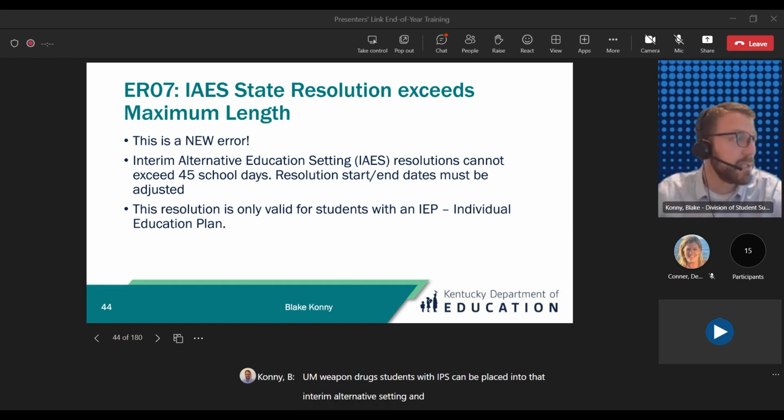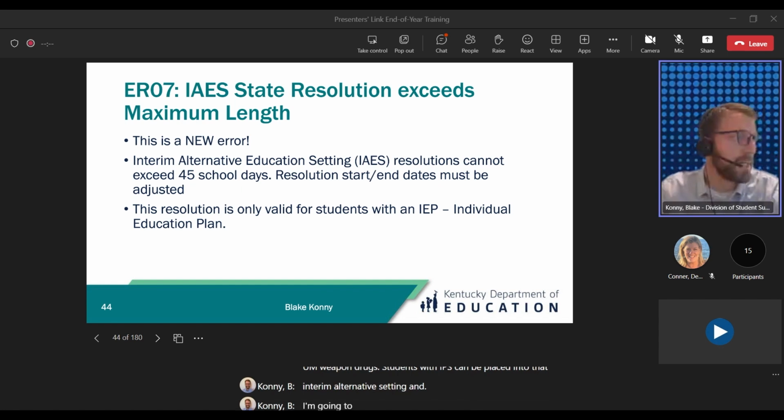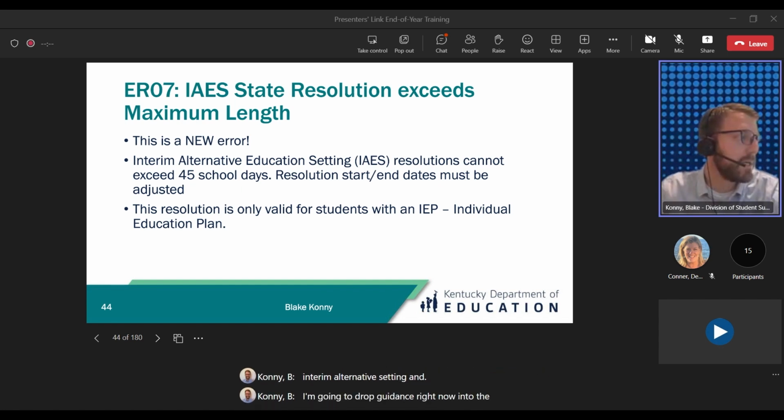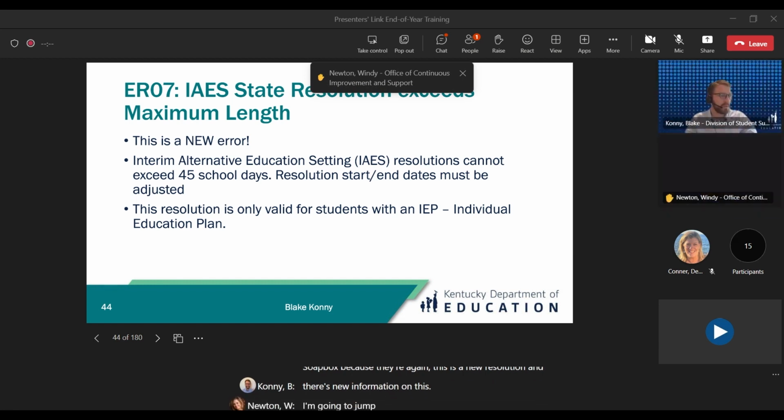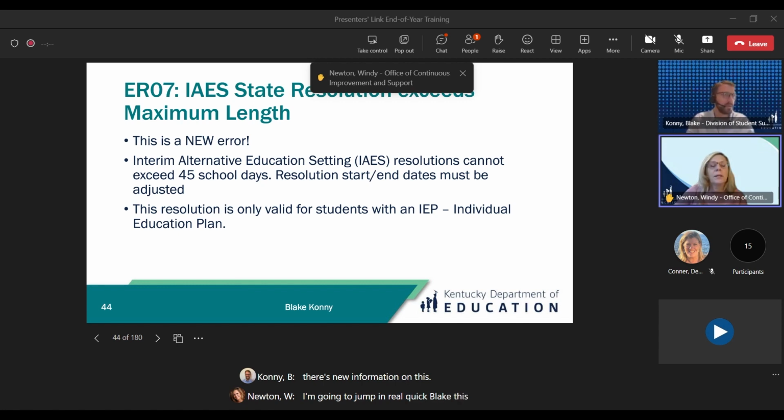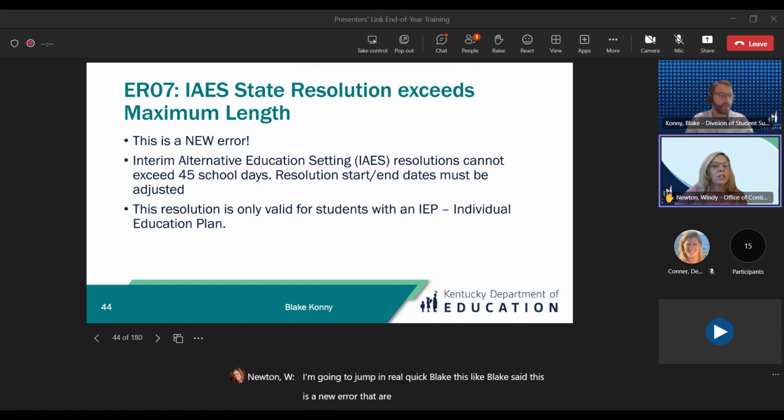And I'm going to drop guidance right now into the soapbox because this is a new resolution and there's new information on this. I'm going to jump in real quick. Like Blake said, this is a new error that our Office of Special Education asked to be added to the Safe Schools report.